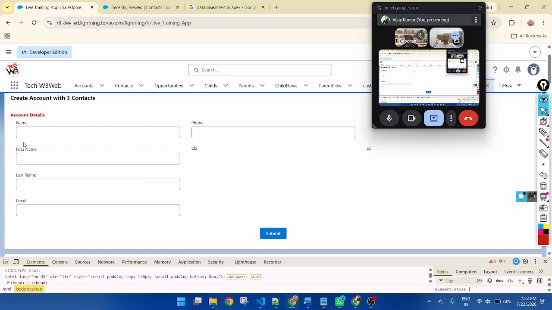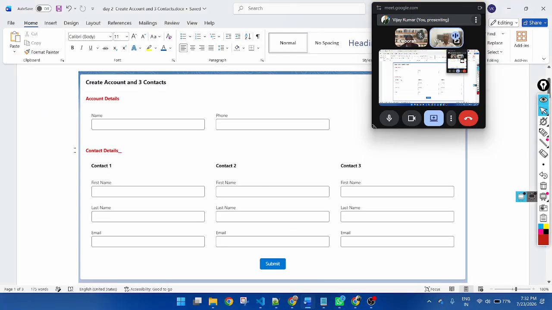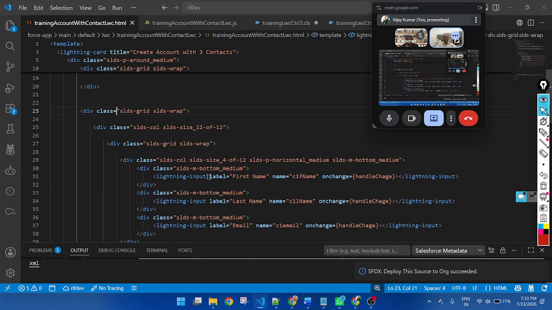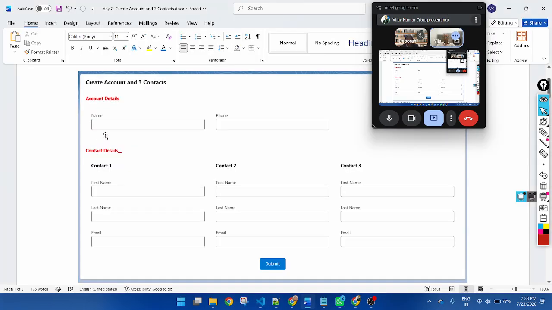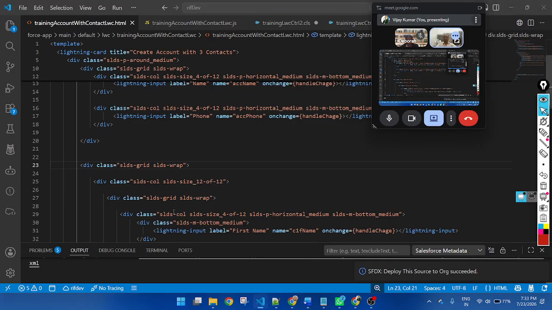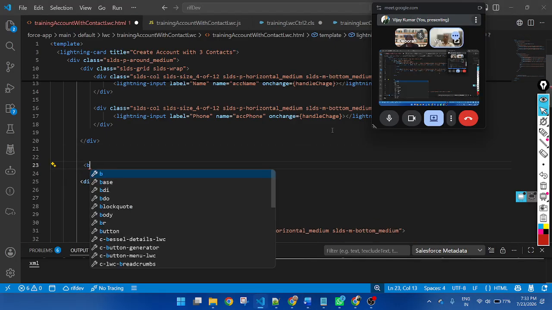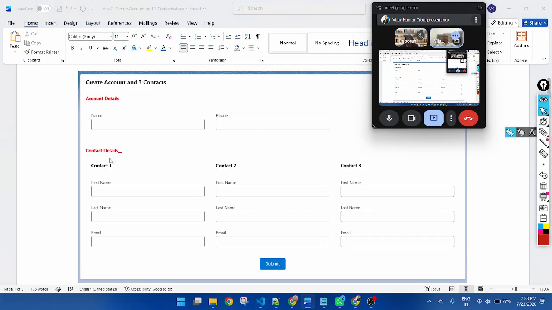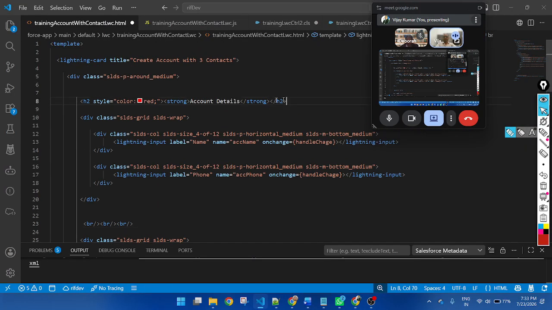So now let me define a space and title. So let me give a space. These are the spaces. So here you can use a break, and copy this title.